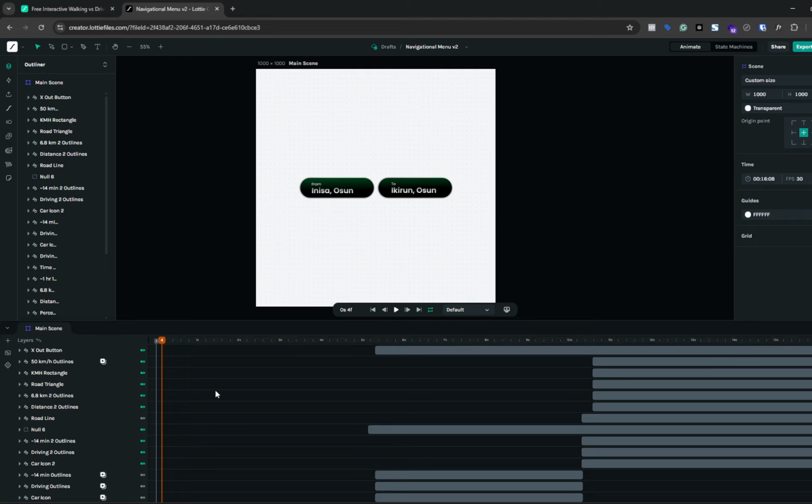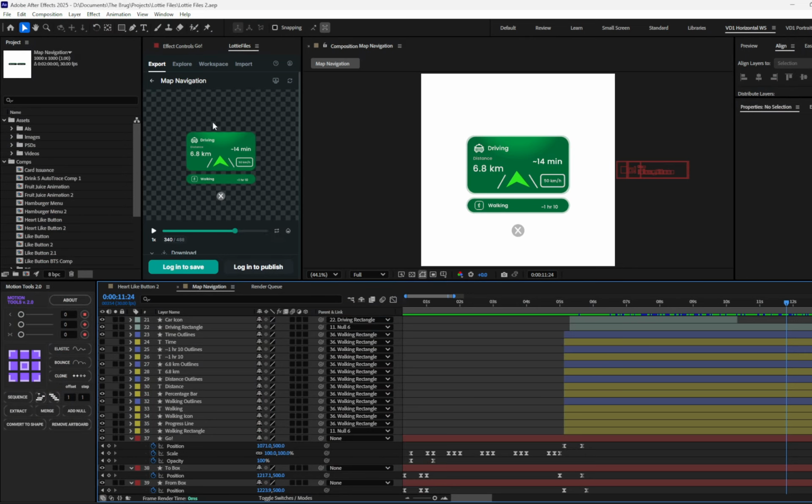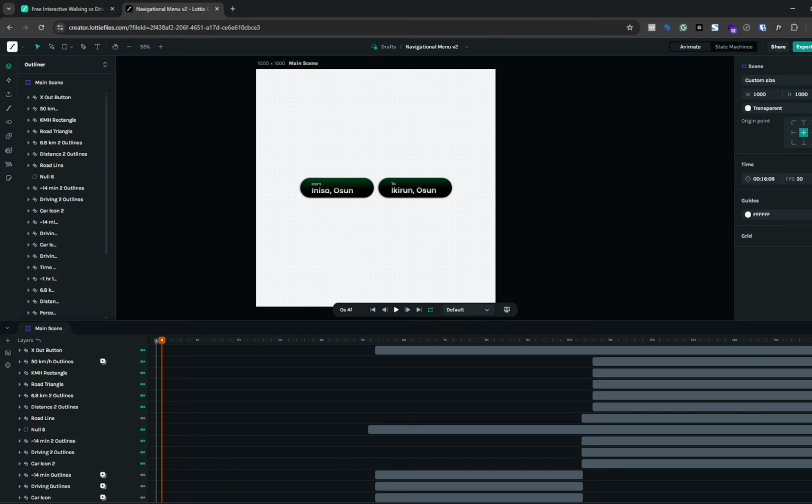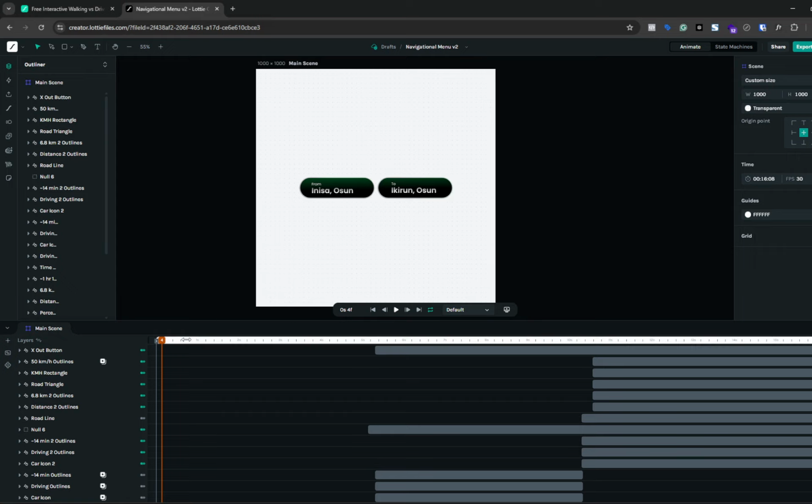So what I do is I imported the animation. You can simply just drag and drop in any JSON animation. It can be in JSON, but if you also use the Lottie file plugin for After Effects, you can easily import your animation into your workspace and then open them from the Lottie Creator. But for this particular animation, I exported JSON with Bodymovin, and then I just drag and dropped it into my Lottie Creator